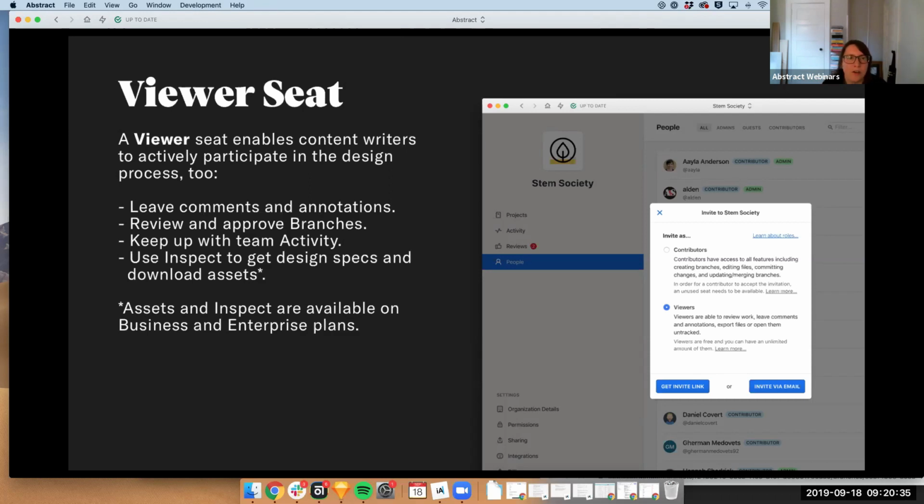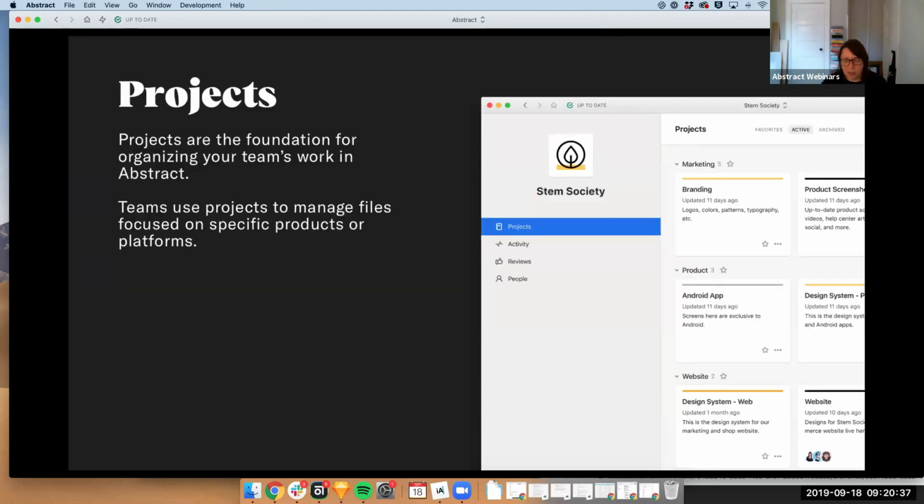Cool. So once you've joined an organization in Abstract, you're either a contributor or a viewer, then you're going to be added to projects. Projects are the grouping of files, basically based on products or features or your platforms.